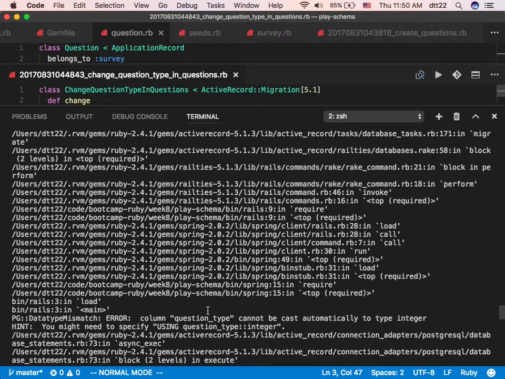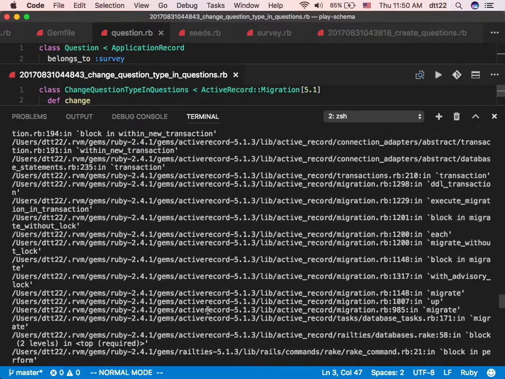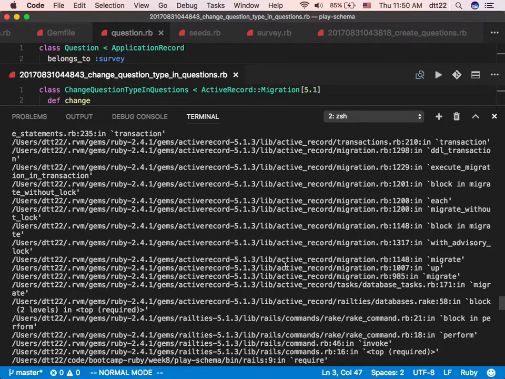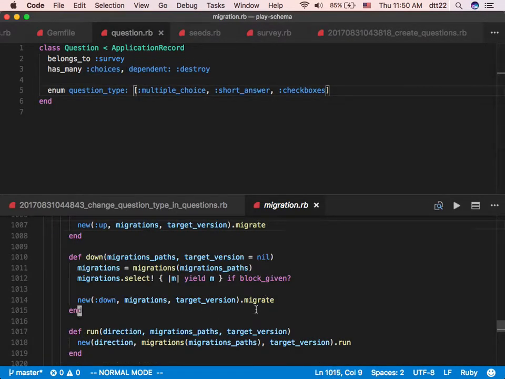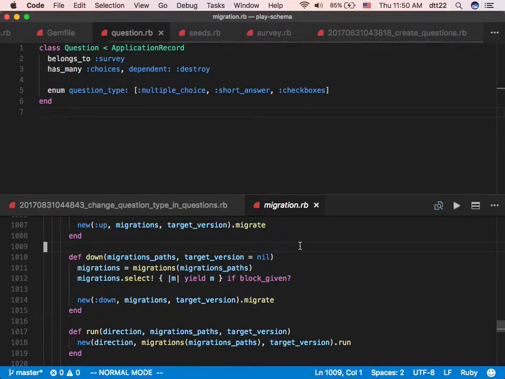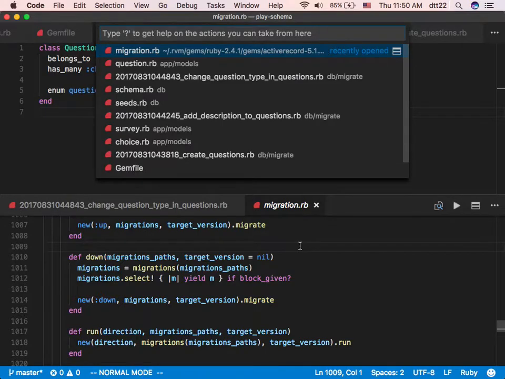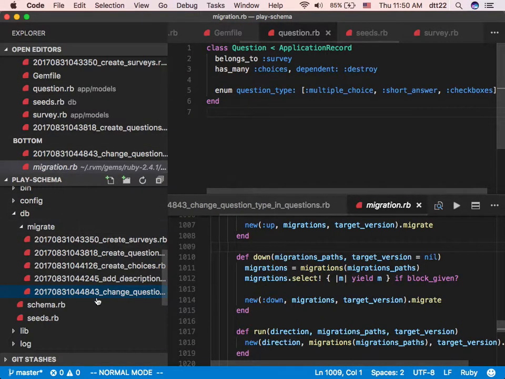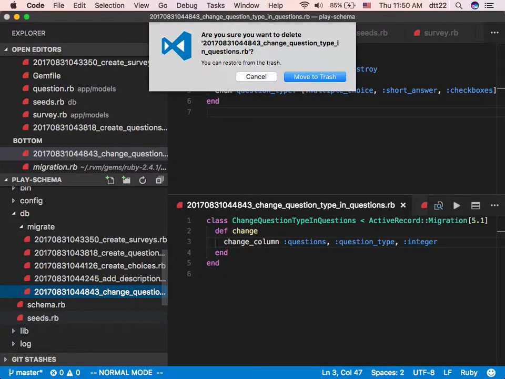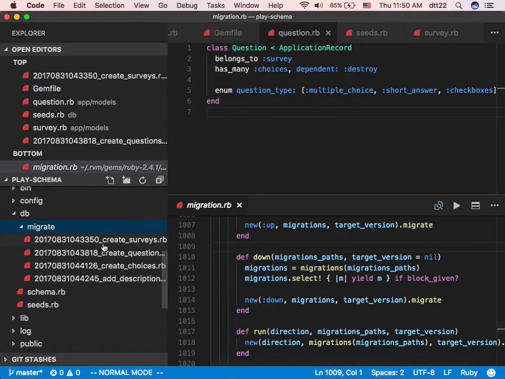Using integer, what's going on? Oh, unfortunately Postgres is being really difficult. So this Postgres is actually protecting your column from being changed. This is Postgres being really strict. So I don't like this option. I'm gonna delete it. When you run into this kind of problem, you're like, what's an easier way for me to fix this? Delete the migration, go back to question,